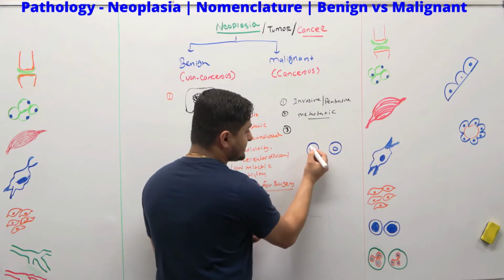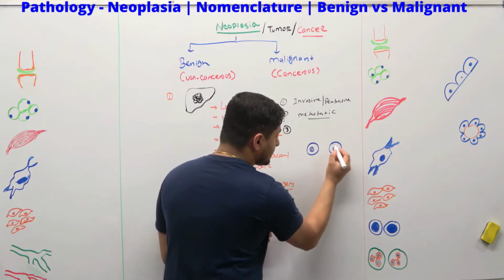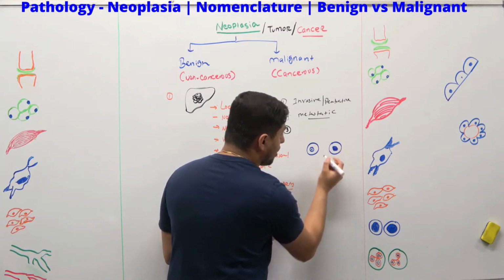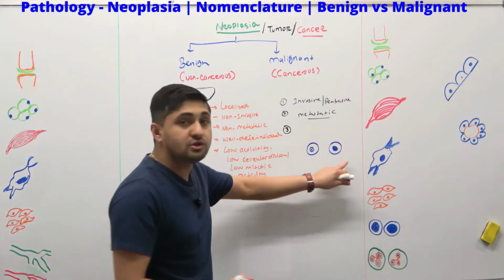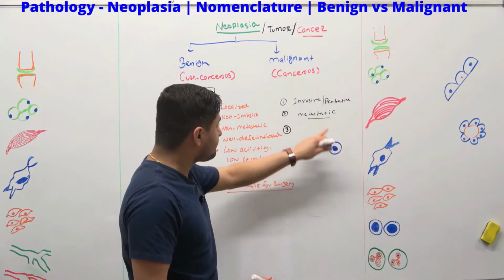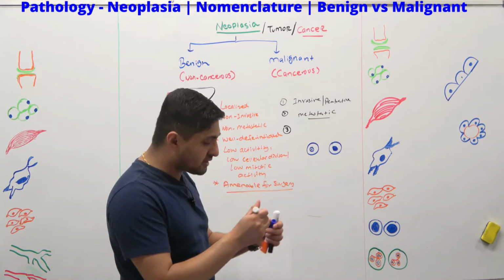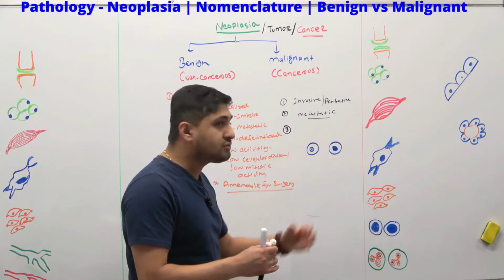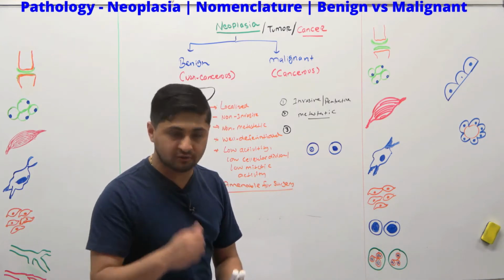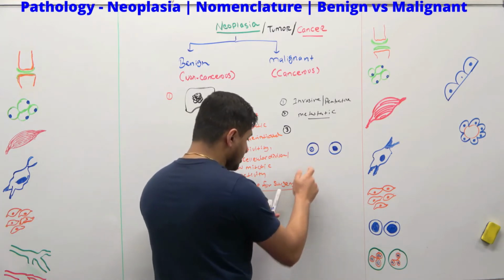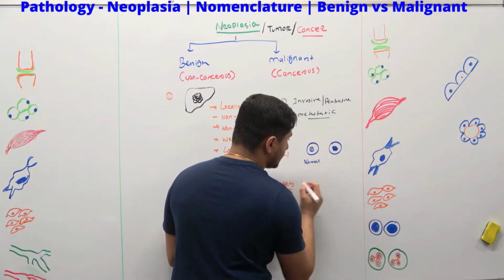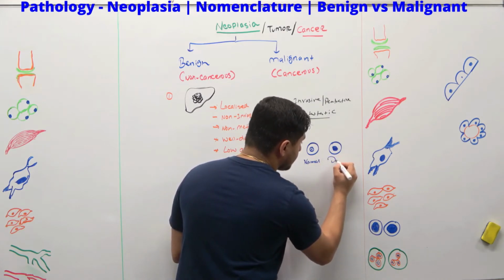You see basically, this is normal. But if you look at the malignant, the nucleus looks very, very dark. It has a dark appearance. Which means that one of the characteristics of malignant tumors is that they have nuclei which appear much darker. So this is normal, but if you look at this one, it is much darker in appearance.